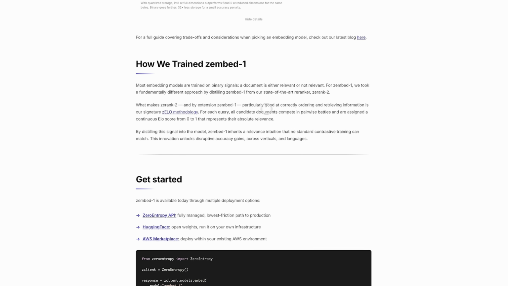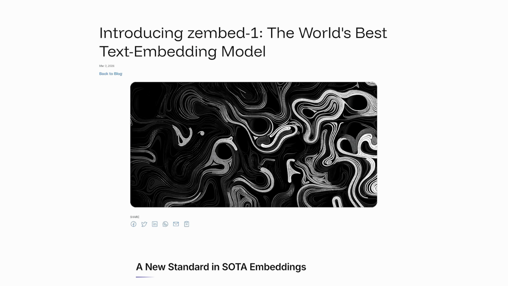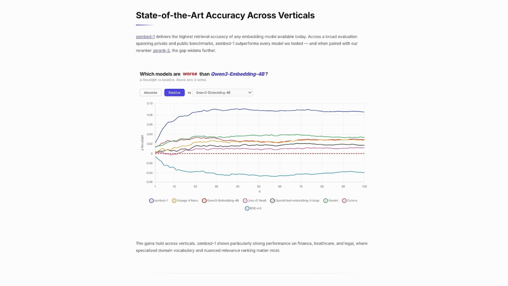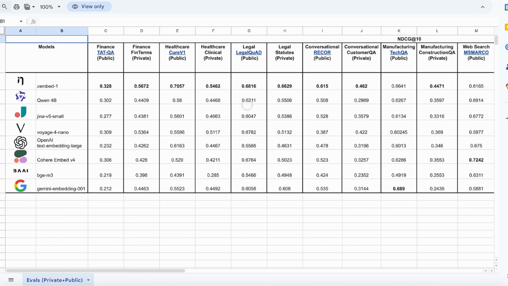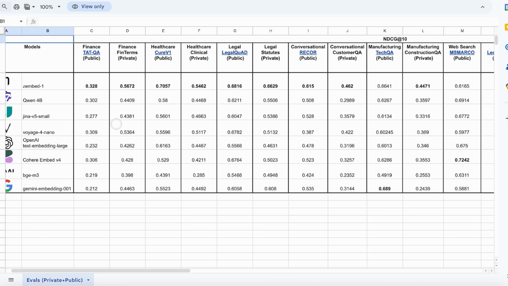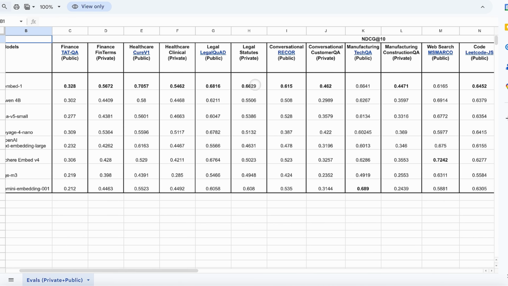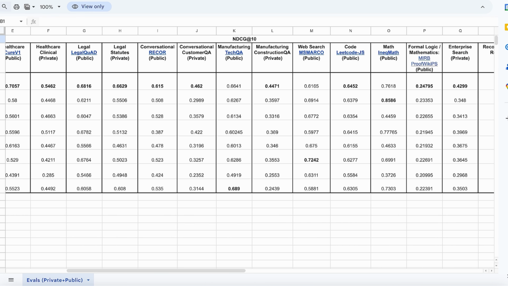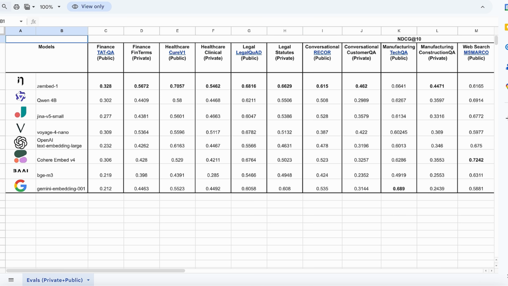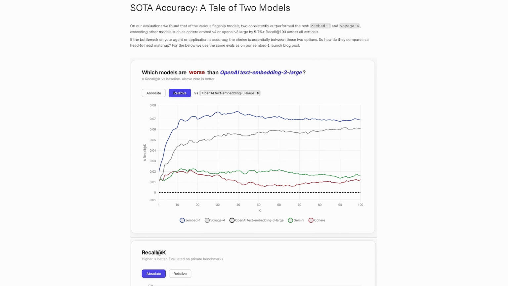We already went over how we trained zembed. I'm going to stop for questions and also mention that we have this spreadsheet where you can see more detailed and fine-grained evaluation for all of these models on public and private datasets. That gives you a sense of how well we perform on different verticals, which is also something I get asked a lot. For people asking whether zembed-1 outperforms Voyage 4, the answer is yes, according to our own evaluation,